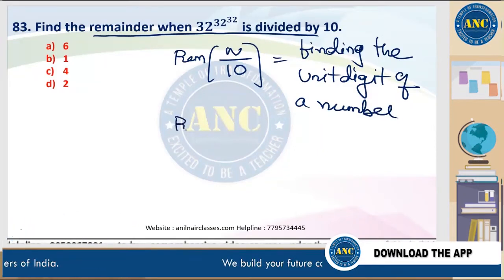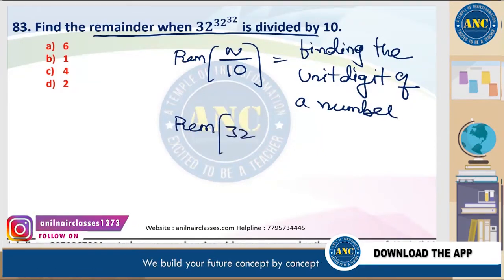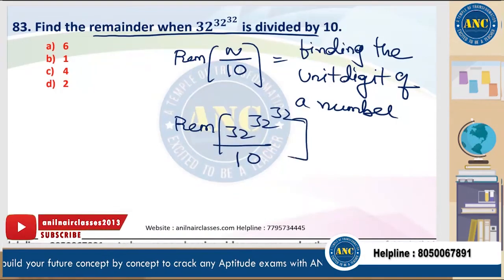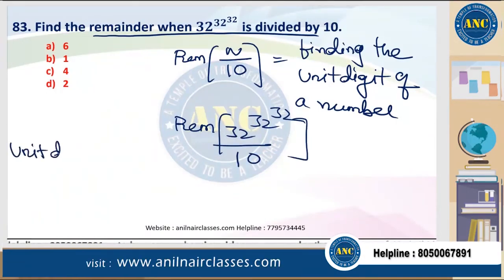So this will become 32 power 32 power 32 divided by 10. It is nothing but finding the unit digit for